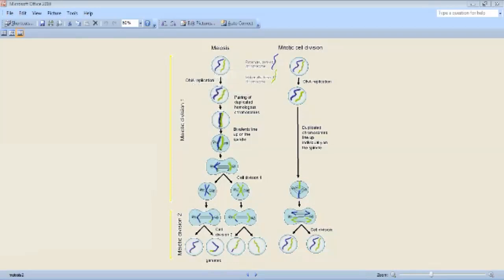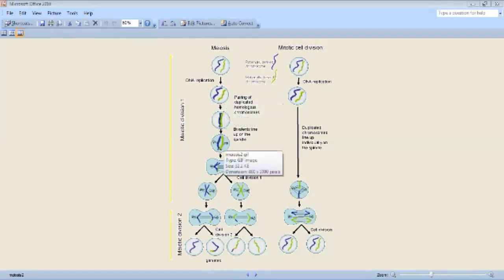Meiosis, this is meiosis. This takes place in the reproductive cells only. In the male, we can say the sperms are formed by this meiosis process, and in the female the ovum is formed by this meiosis process. Okay, so in meiosis the DNA replication takes place in the first phase, the meiotic division 1,